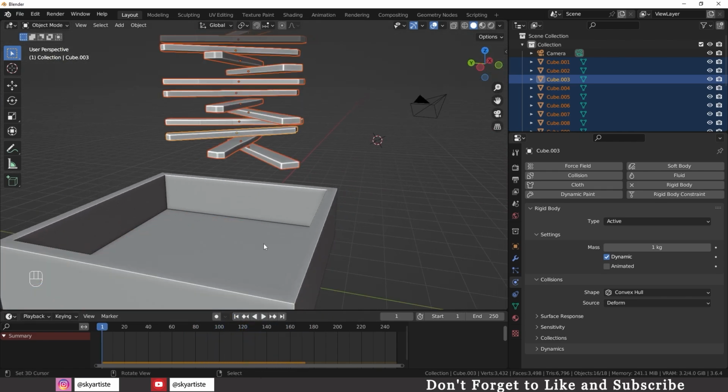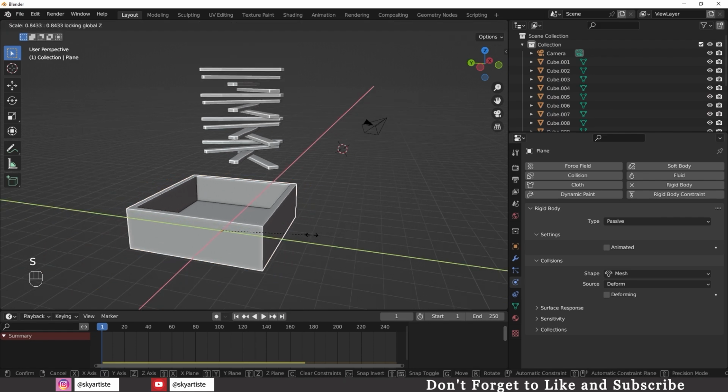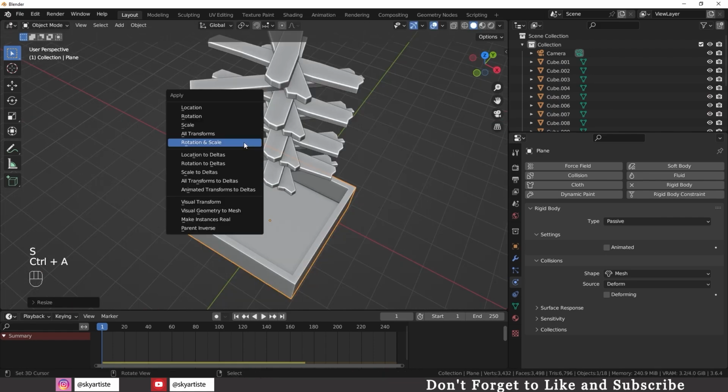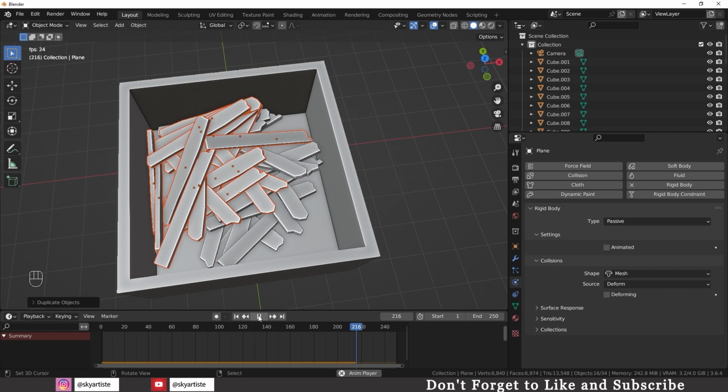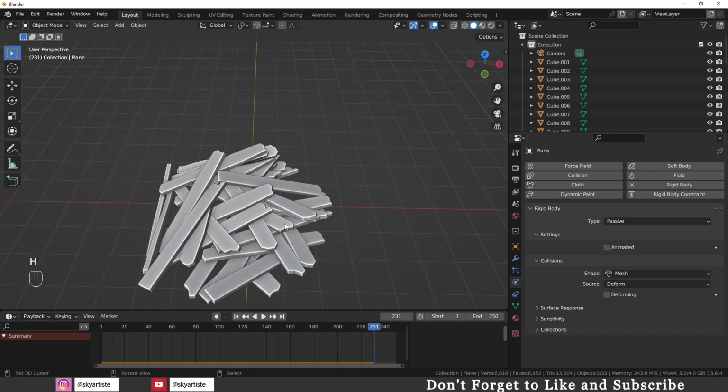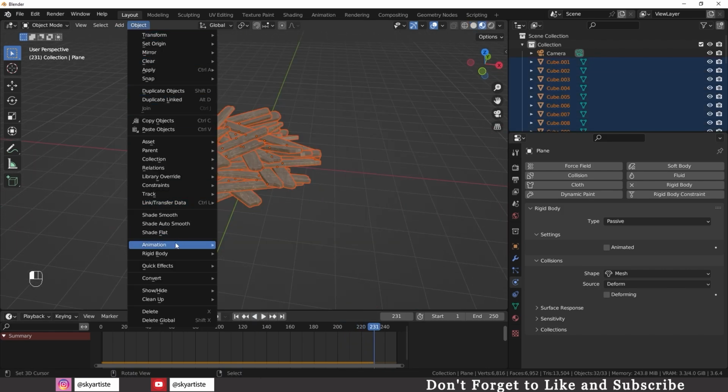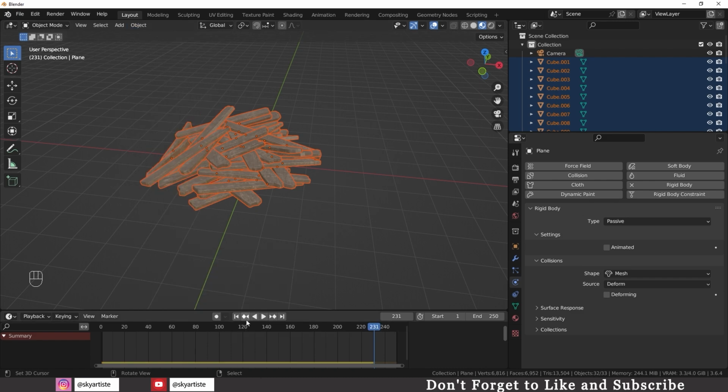We are making our pool model a little smaller. When we reduce the size, press Ctrl A and click scale. Yes, we determine the number of frames we want and stop our animation. After selecting all the wood, we click apply transformation from the rigid body menu. Even if we come to the first frame, the position of our boards will not change and will remain like